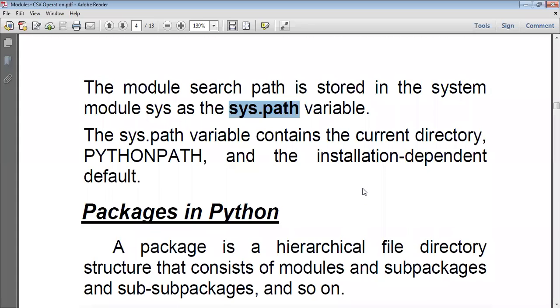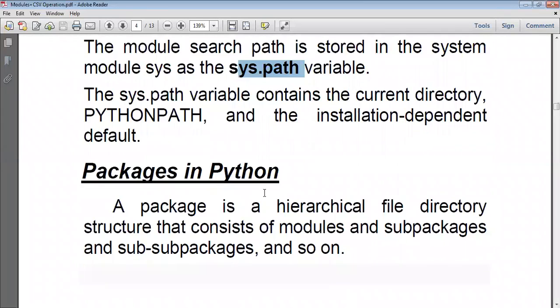Automatically, when you are importing a module inside your program, this sys.path variable is checked first. Then it goes to the path stored inside this variable and loads the module into your current program. In this way, a module is located and then loaded into your current program.